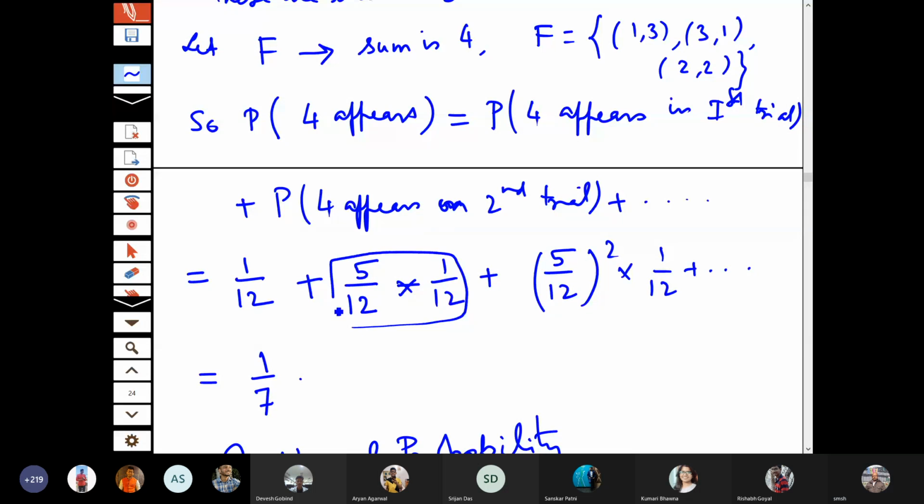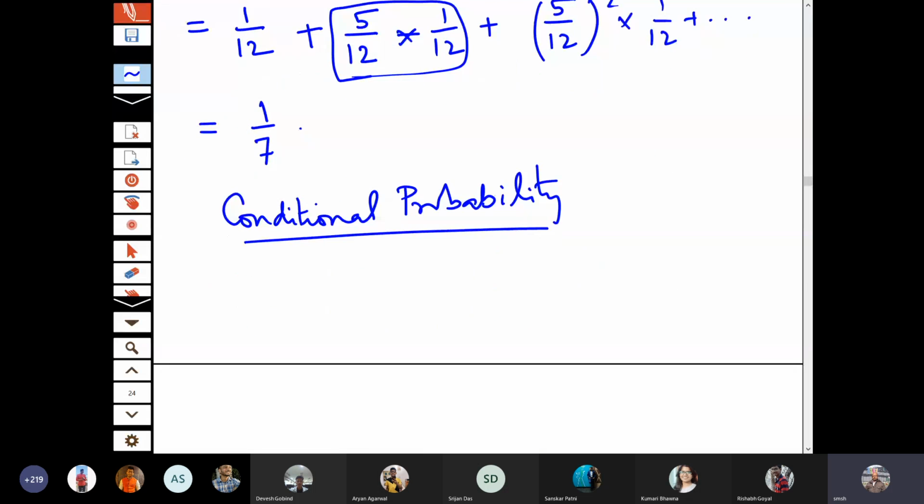This is saying 4 occurs on the second trial, given that in the first trial neither 4 nor the sum which is odd has appeared. So none of them has appeared. Therefore this is called conditional probability, because it is dependent upon what has happened in the previous trial. So the conditional probability concept is that